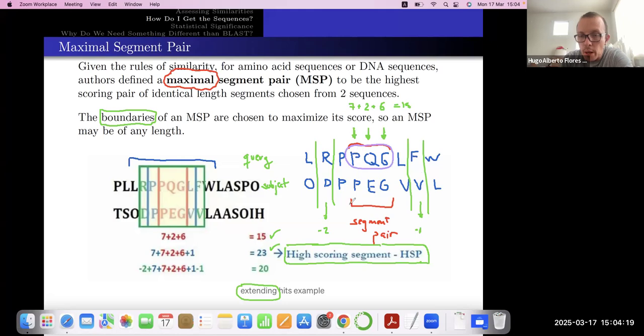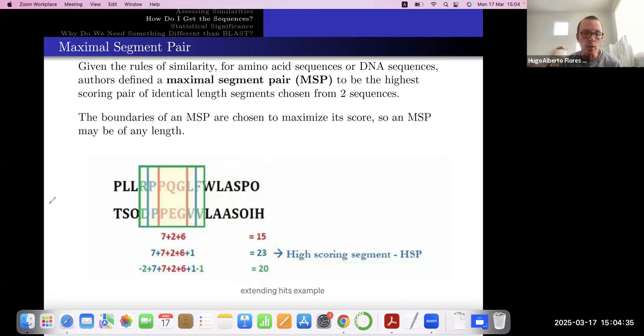And based on that, I start assessing if there is similar to the subject sequence. Yeah, and once we find a segment pair that is reasonable, we start trying to extend it. What does it mean to be reasonable? This is exactly what I'm going to try to discuss next